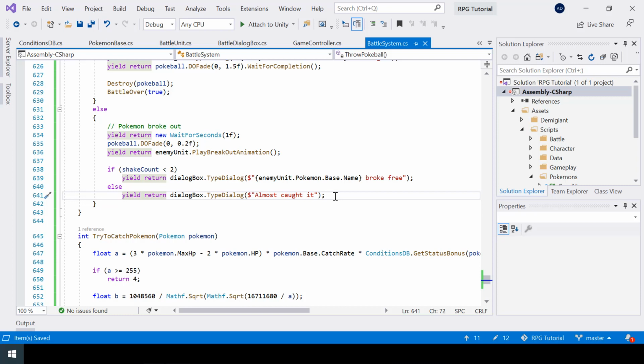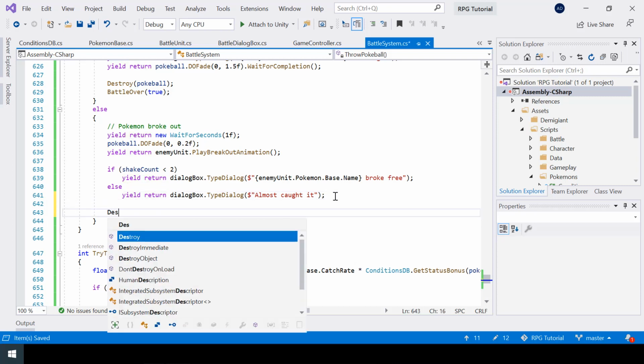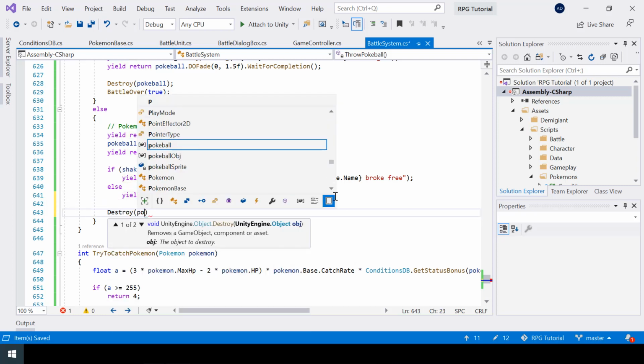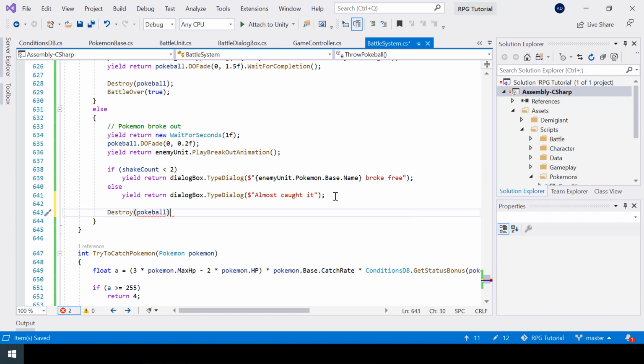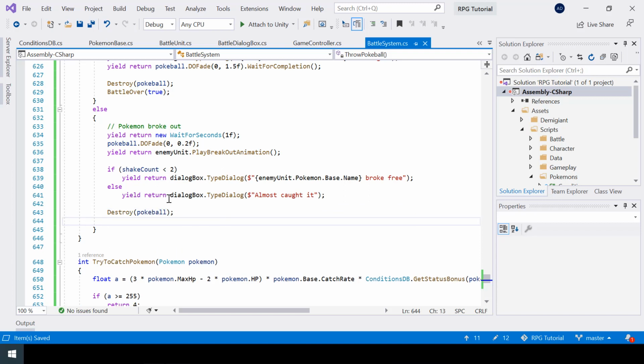So after showing the dialogue, I can just destroy the Pokeball, and in this case we don't want to end the battle. Instead, we should continue the battle, right? So what I'll do is I'll set the state back to RunningTurn in order to continue the battle. So we are almost done with the catching mechanic,